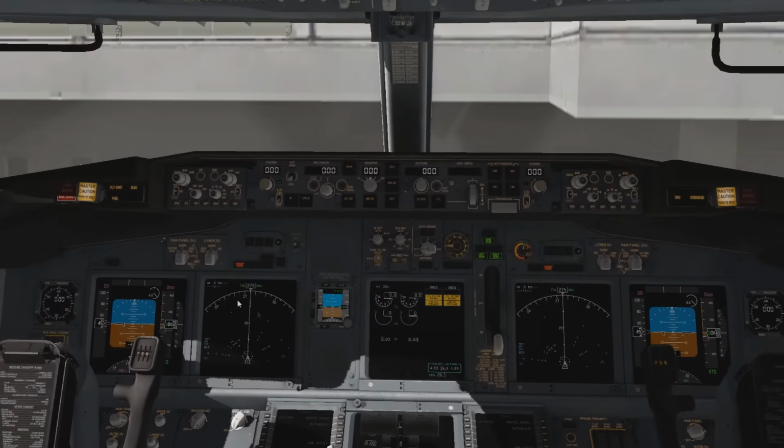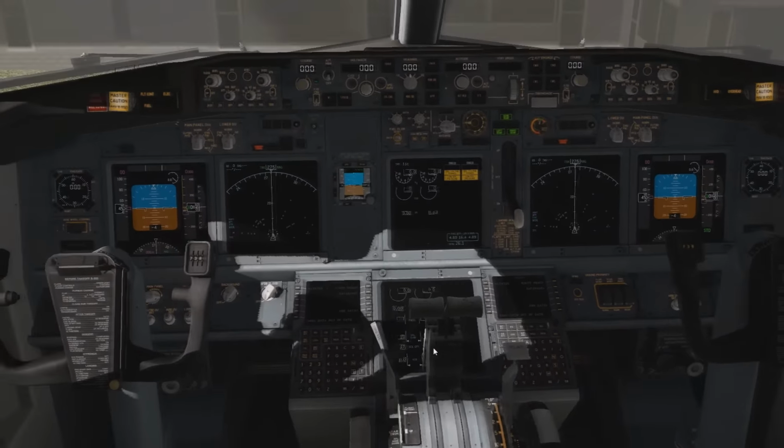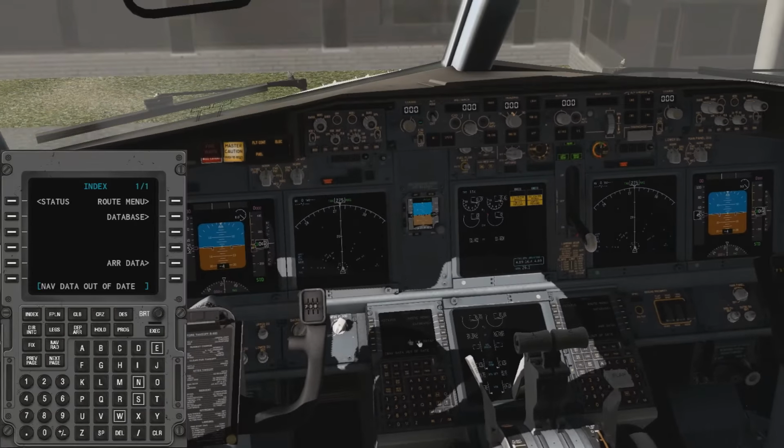See, we've got all the screens on now, and the commercial jets also come with an FMC. It's not a full fidelity FMC. It doesn't have all of the exact same functions that the real Boeing 737 would have. I think that the FMC in X-Plane is shared across the different commercial jets. So this one that you see here will be the same that you might find